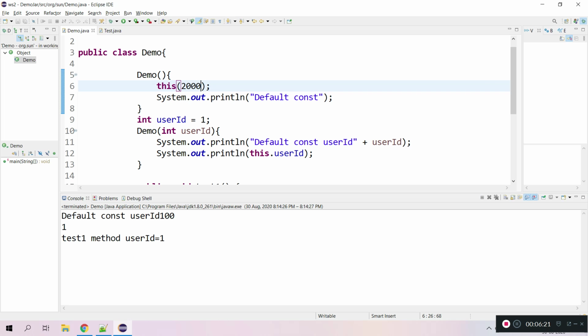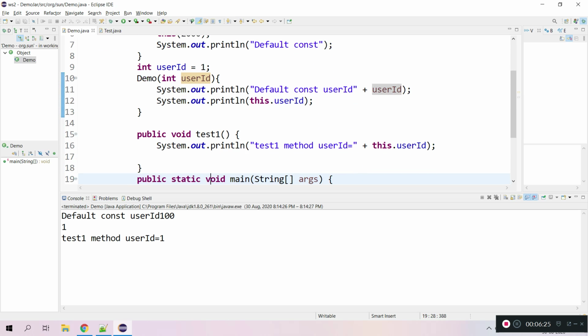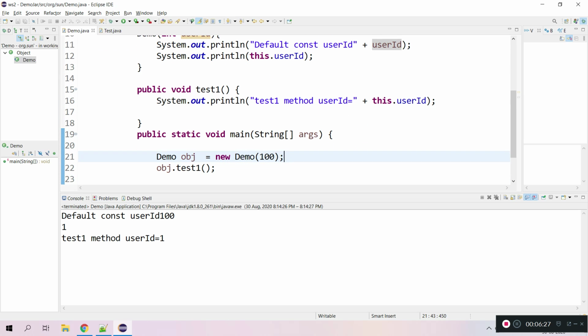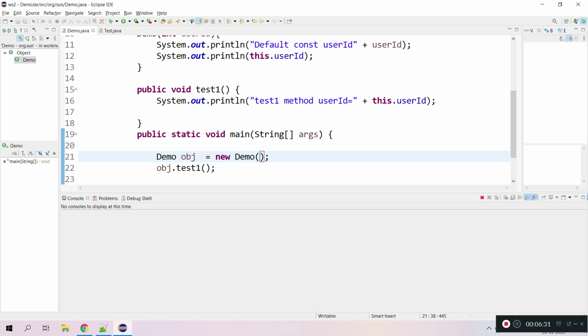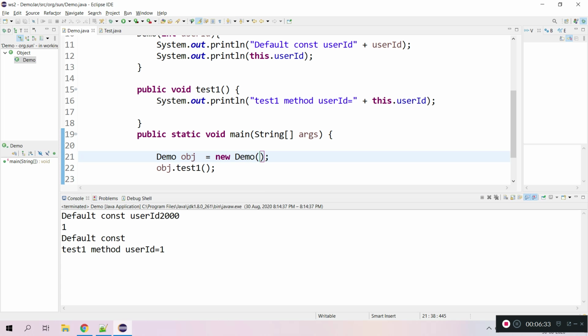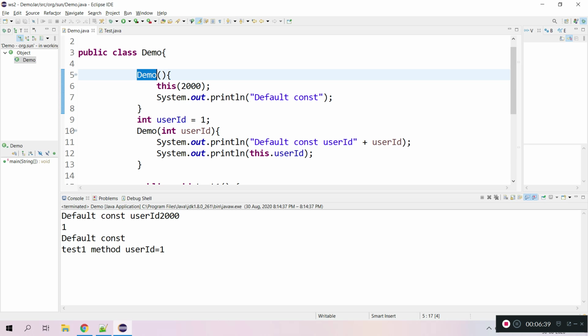Now we can see the parameterized constructor also getting called. We have to do it the reverse way: I will call the default constructor, and the default constructor will call the parameterized constructor. See, I called the default constructor, and from the default it is going to call the parameterized. This is the parameterized constructor.